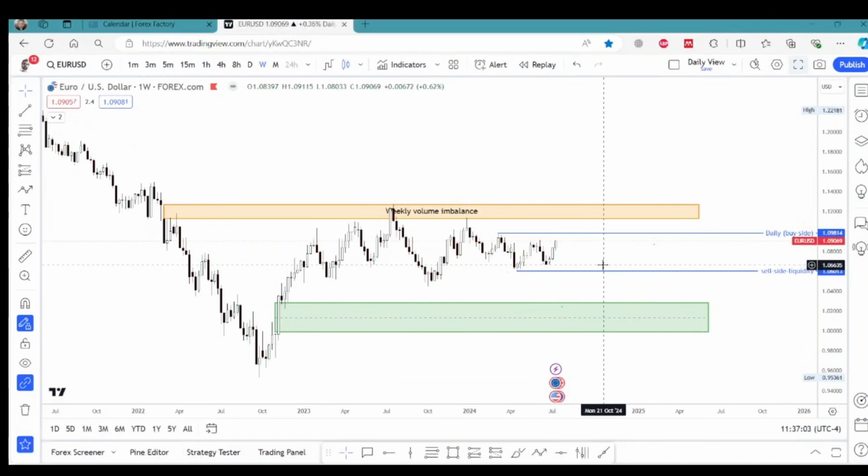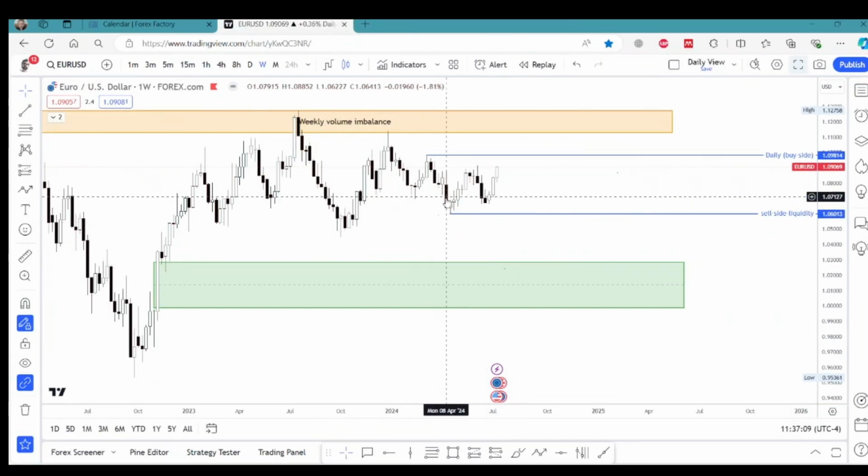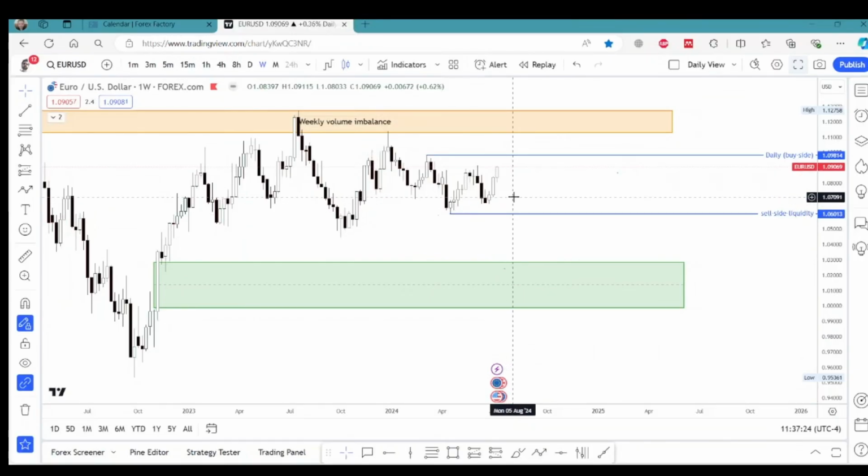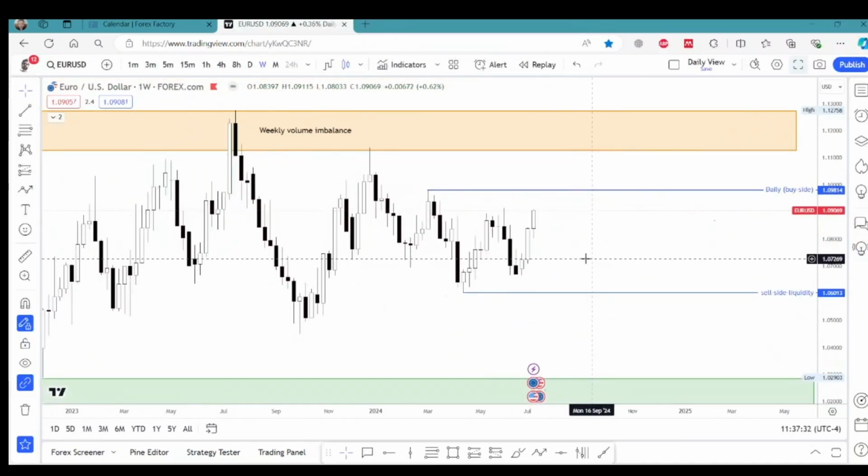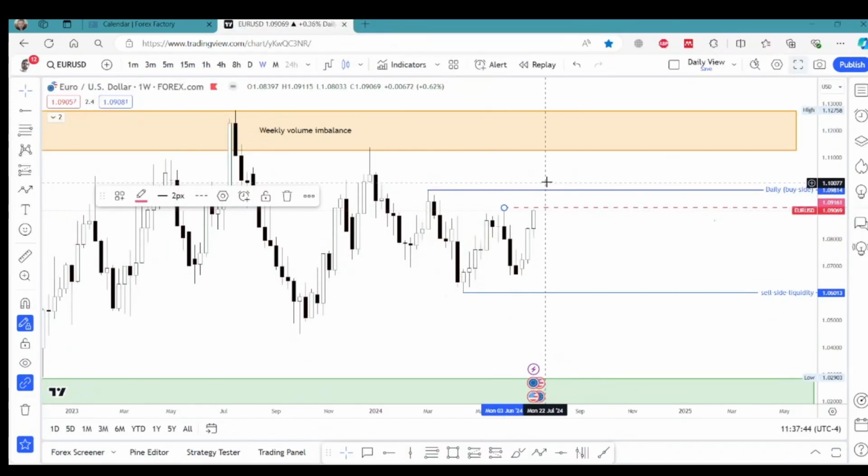Okay, so this is the weekly chart for euro, and as you guys can see, this is a small range that we have been trading in for the last few weeks now. I've been telling you guys that until this is broken, we're really not sure where the price wants to go. But it seems like from the last 2 weeks of price action especially, it really wants to go up now. The only thing in the way at the minute is this weekly high, and I believe this is going to be taken out very early next week.